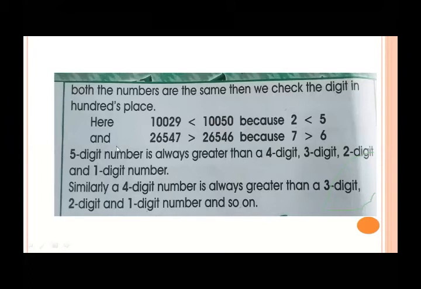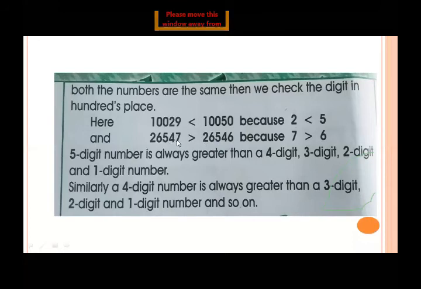Here you see another example. When all numbers till tens are the same in both the numbers. Units, tens, 100, 1,000, 10,000. Here all the digits are the same till tens. Then what do we have to do? Then we see the number at units place. Here 4 are the same, at tens place 5 both are same, 6 both are same, and 2 both are same.